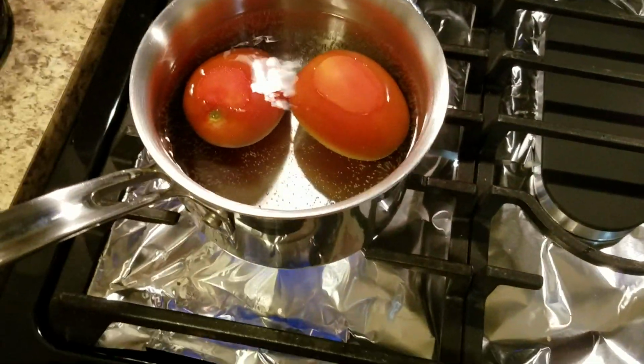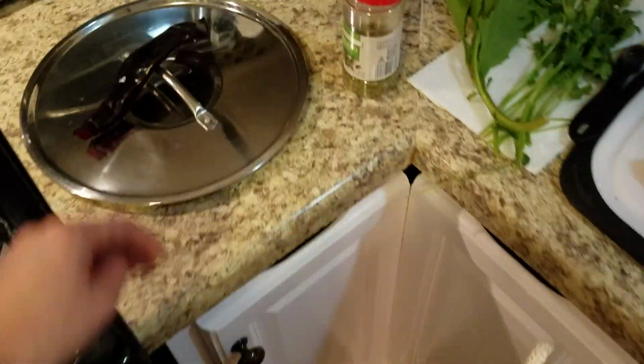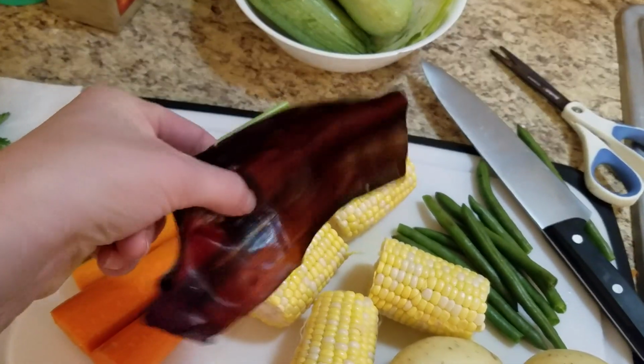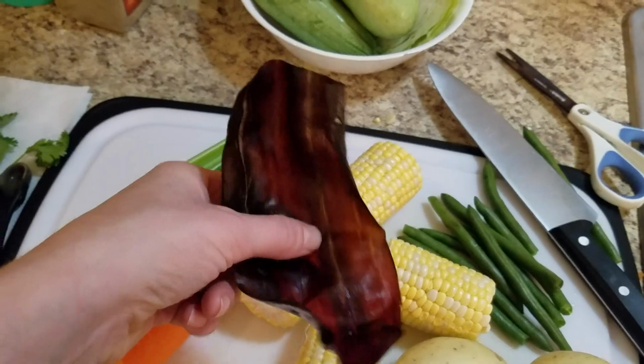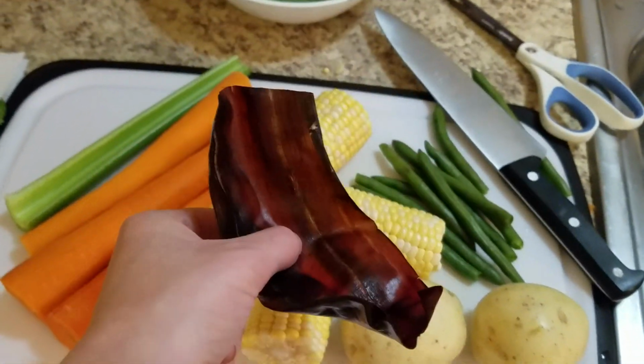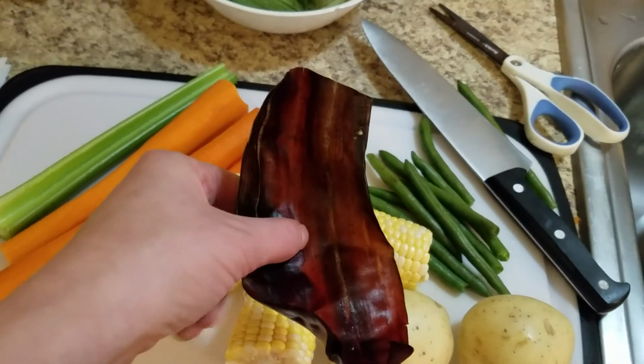Furthermore, on the stove I have 2 Roma tomatoes and some water that are coming to a boil, and if I could find where I put my chile, that would be great. Here it is. I also have my guajillo chile, and if you didn't watch my first video, which you probably didn't because I have 2 videos and I'm not famous or anything, I went ahead and cleaned it by removing the stem end and the tip end,